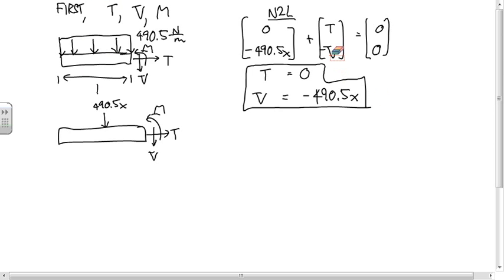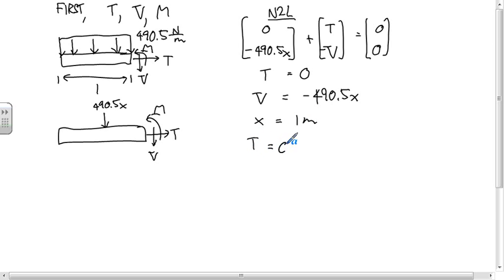That was just force of habit. So in other words, x is equal to 1 meter. So we have T equal to 0, V equal to negative